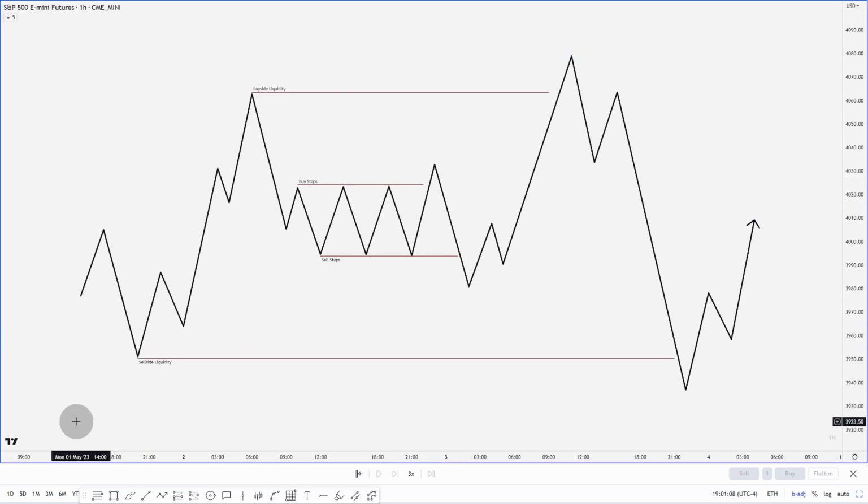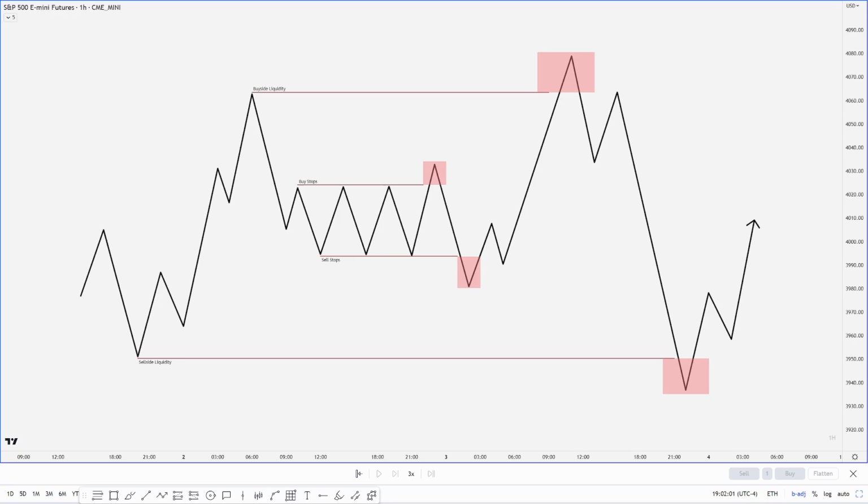So generally I like to stay away from this profile as it's pretty choppy. However, if I choose to trade it, there are a few things that I look for. The first thing I do is identify deviations from the range. So if we look on this chart here, where do we deviate from the range or take buy side or sell side liquidity?